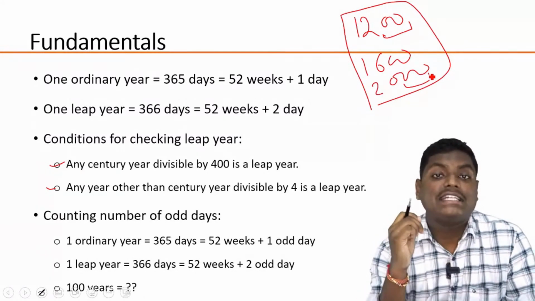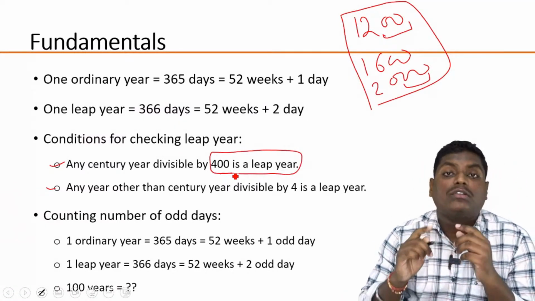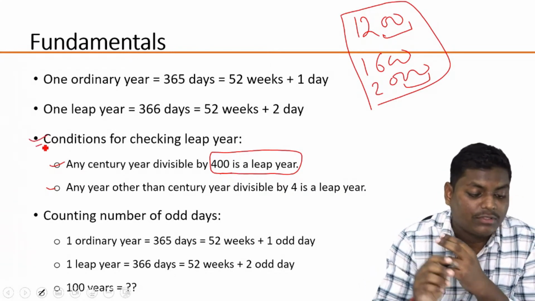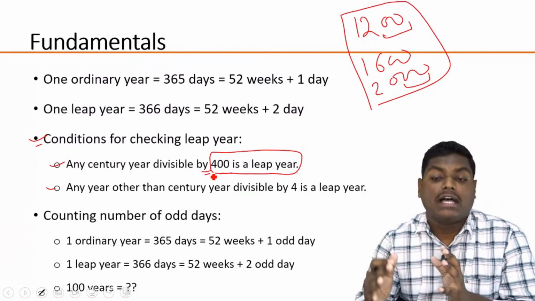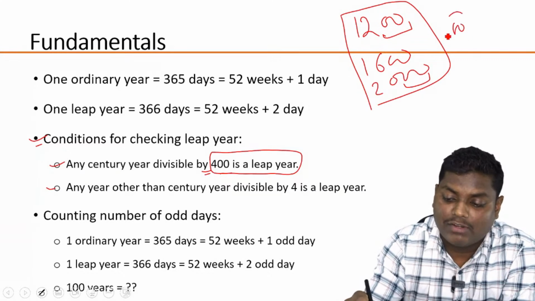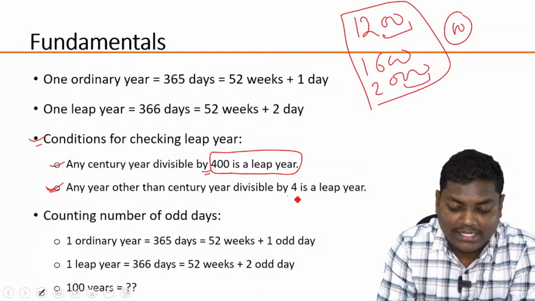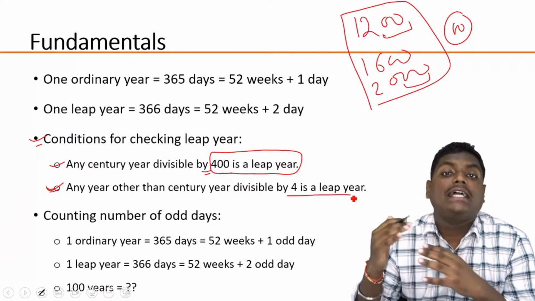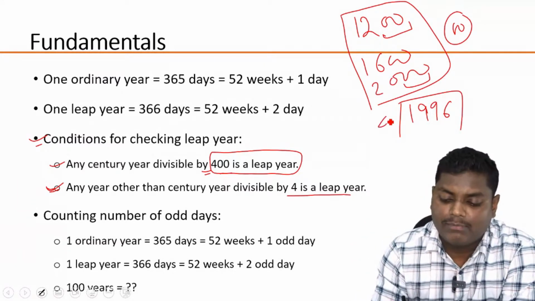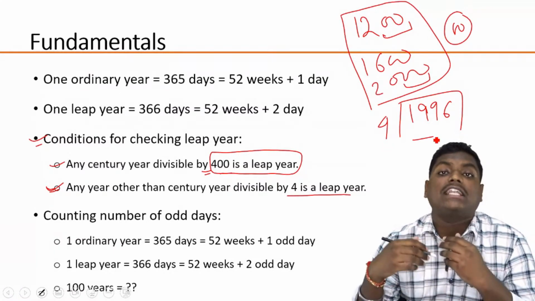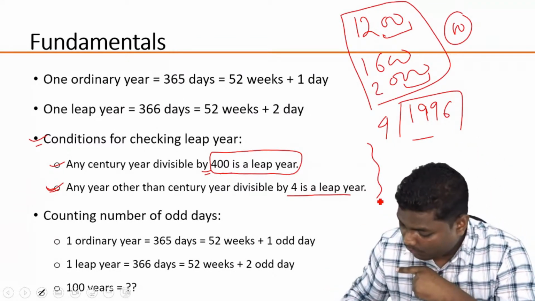So how do we check whether these years are leap years or not? For this, you have to divide them by 400. So the most important thing in checking for a leap year is that for centurion years you divide by 400. For any other year, where the last two digits are not zeros, you can just divide it by 4, and if it is completely divisible by 4, that will be a leap year. For example, let's say 1996. If you divide 1996 by 4, it is completely divisible. So this is a leap year. These are the 2 criteria that we'll keep in mind when checking